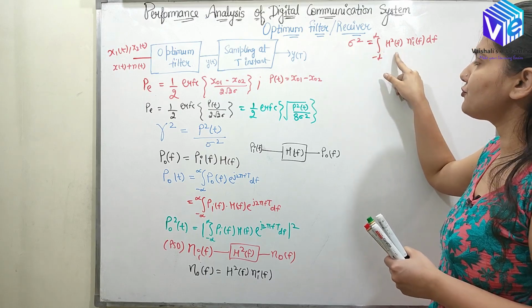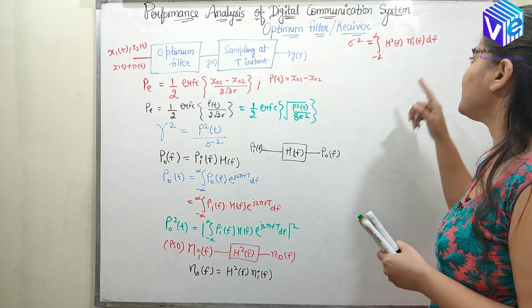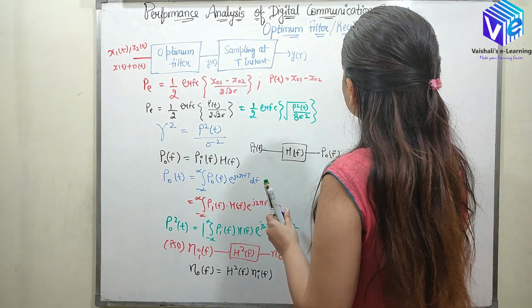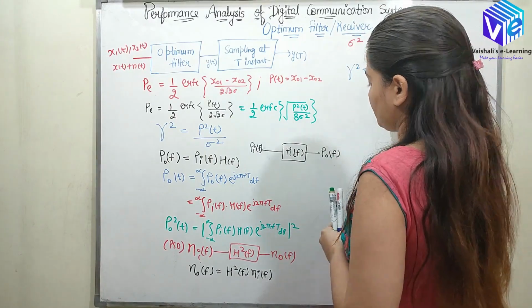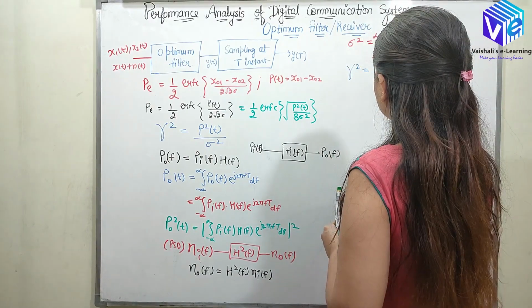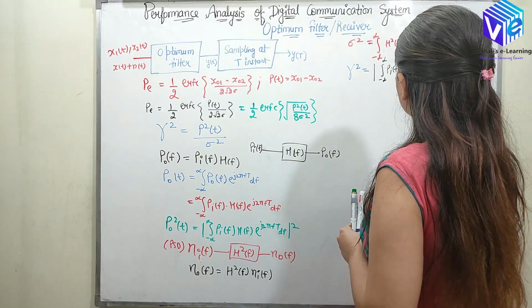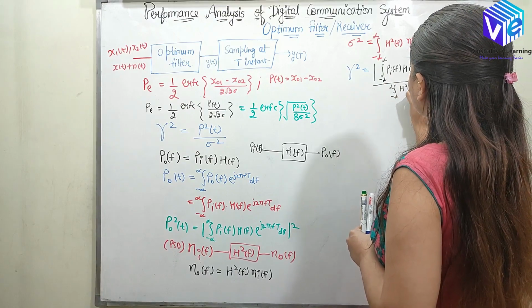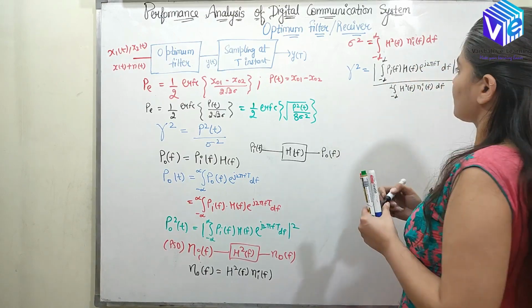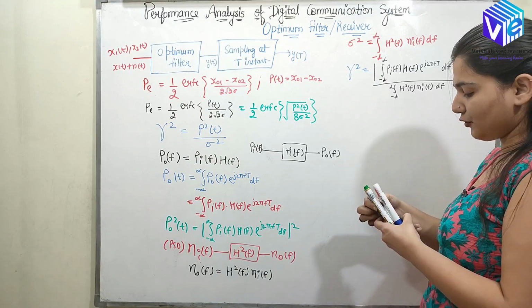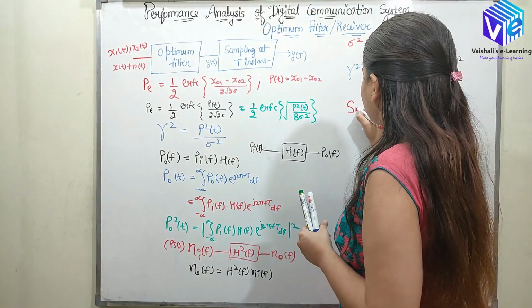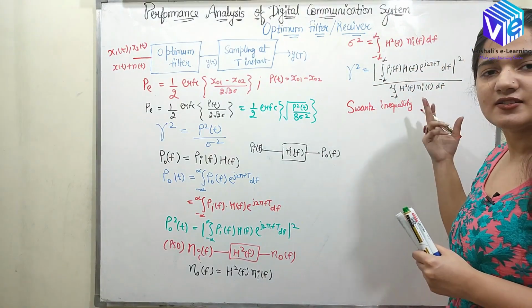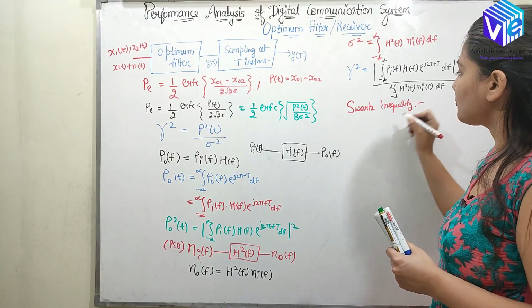Power can be found out using the integration of the power spectral density over the area. So now this rho is equal to gamma, and it is equal to this. Now if I talk about the Schwarz inequality, I need to solve this, and it is a big function, so it can be solved using the Schwarz inequality.